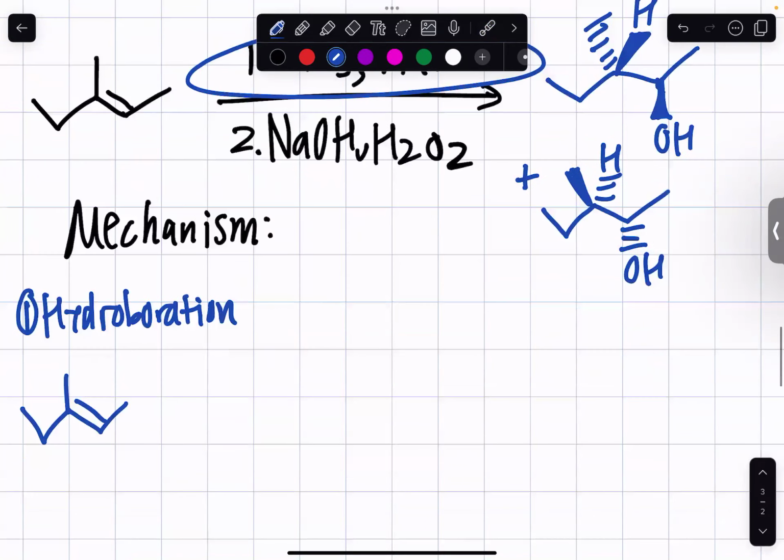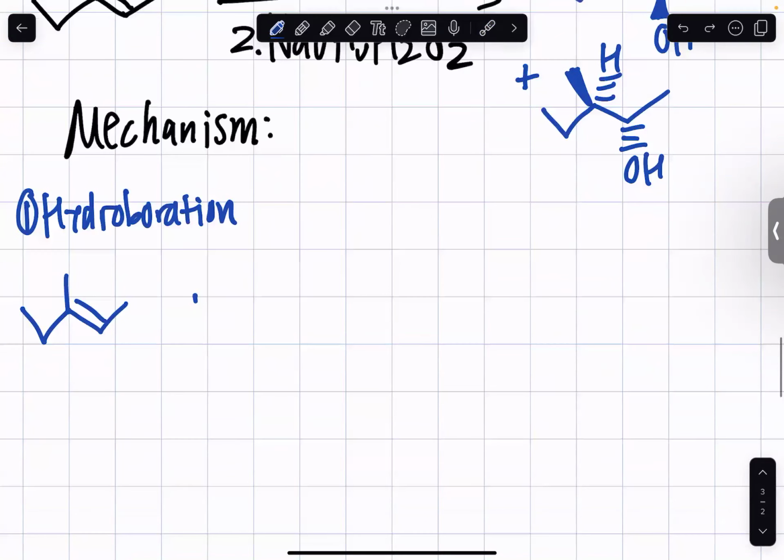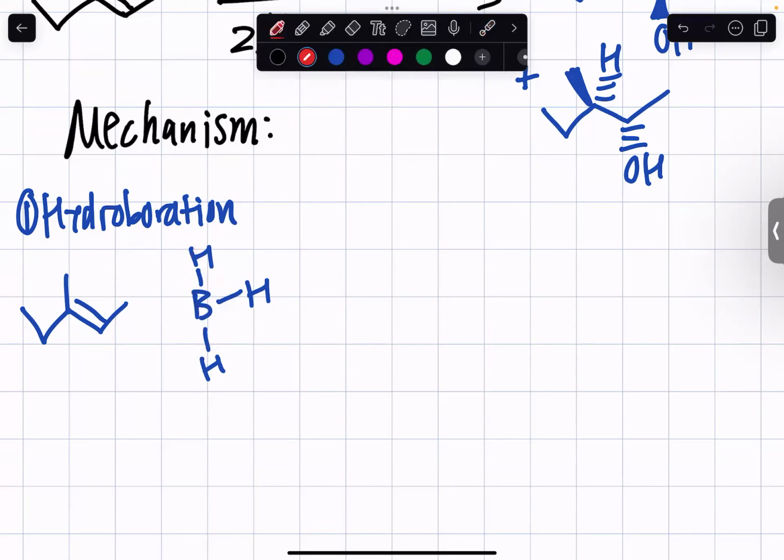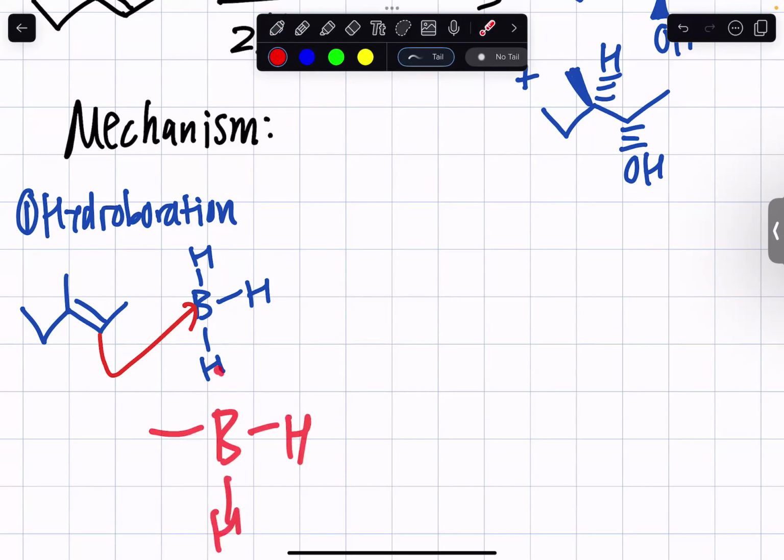And now let's bring in our BH3. This BH3 only has 6 electrons, 2, 4, 6, meaning that it is missing 2 electrons and it has an empty p orbital, which is an electrophile. The less substituted side is going to attack that boron because we want to form the more stable carbocation on the more substituted side. So when that happens, this boron here is going to have 4 bonds and a negative charge,